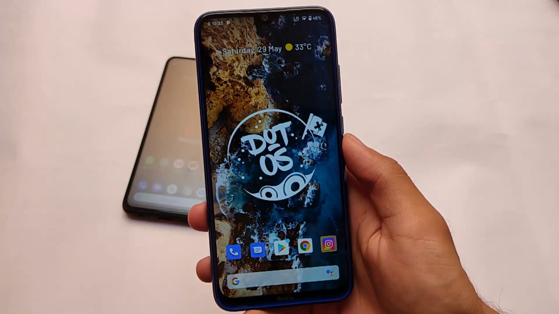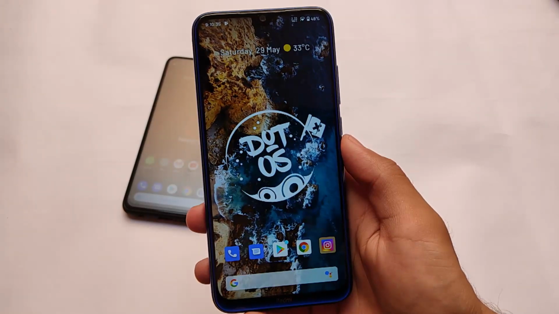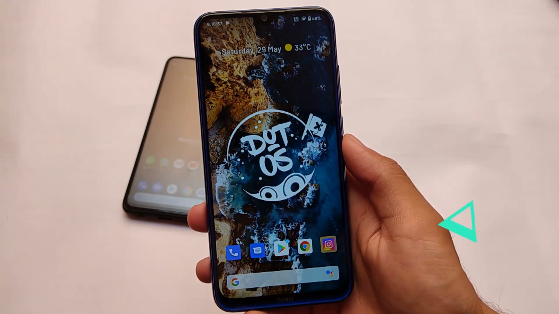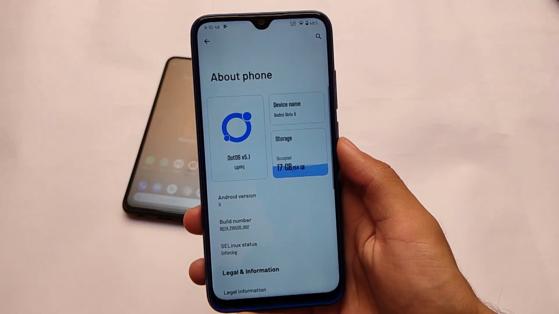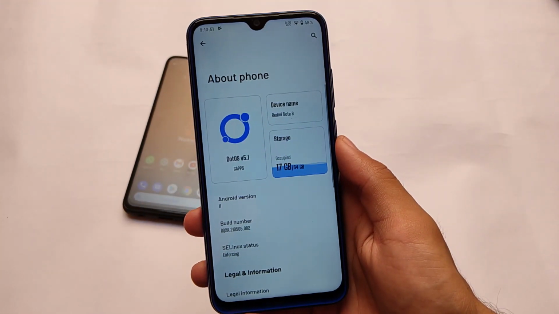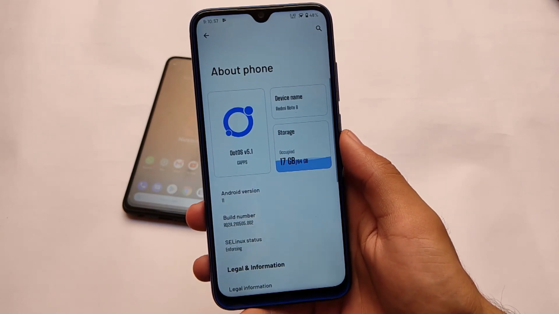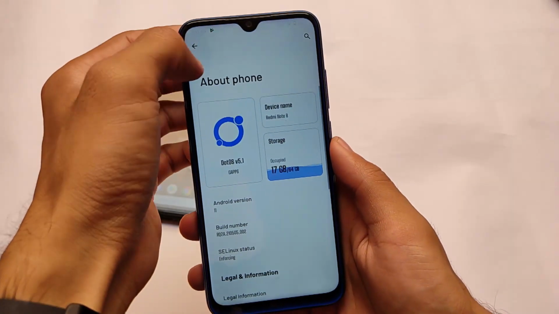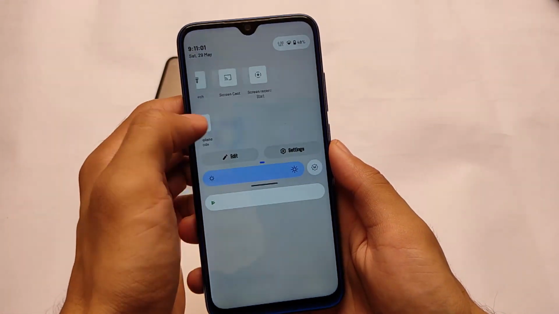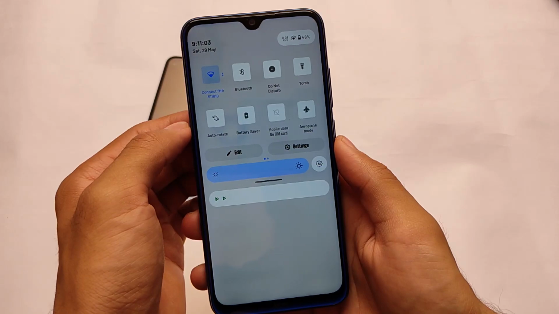Now, we have a lot of things by the way changed. I'm not going to show you everything. I will try to show you some little bit of things there. First of all, it's .os 5.1 official version which we have installed. Your device might have the unofficial version, but the thing is it still has this version available. Most of the devices already got this version. It has some Android version 12 features.